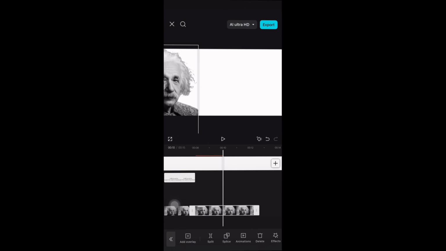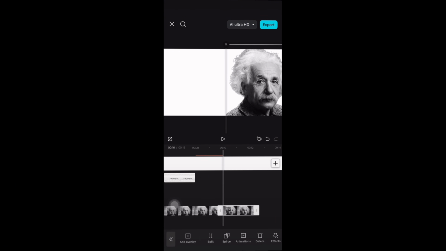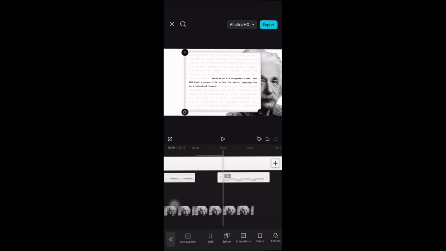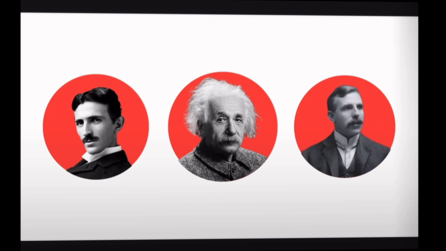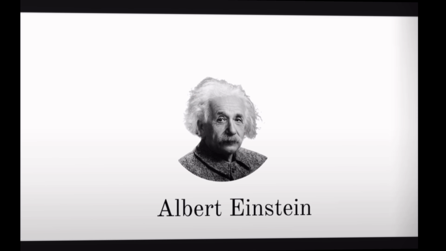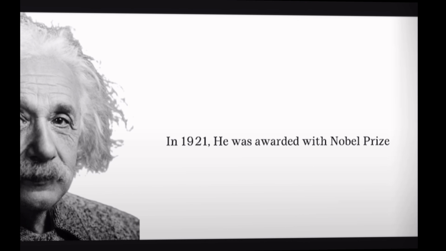Then I will increase the image duration again and make another similar scene. Since you already learnt this step, I have fast-forwarded to make the video shorter. Here's the fast-forwarded raw version. Decent so far, but a couple of easy tricks will turn this into something that looks like it was made